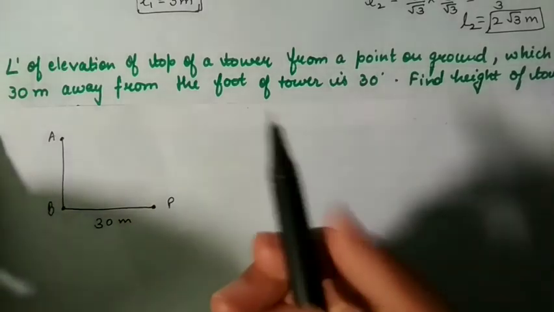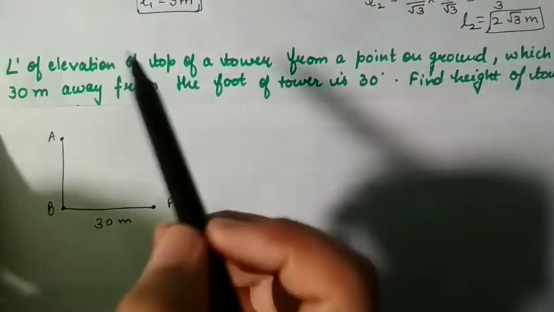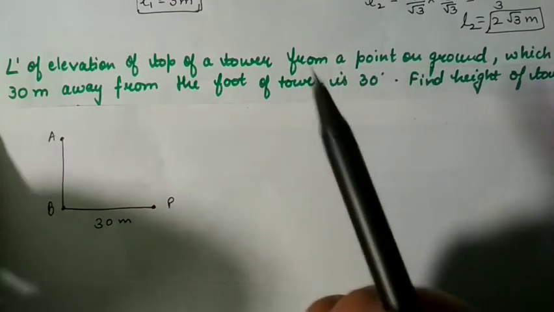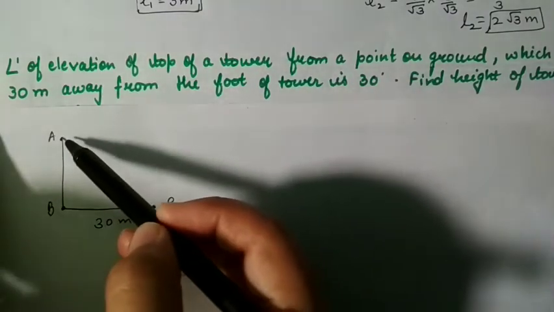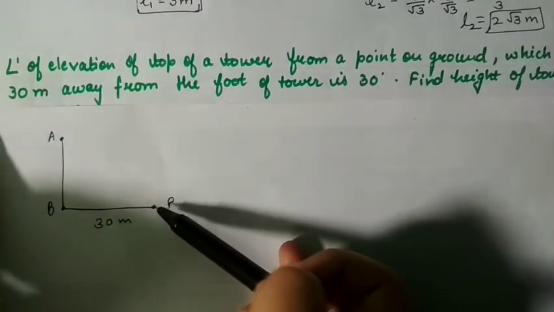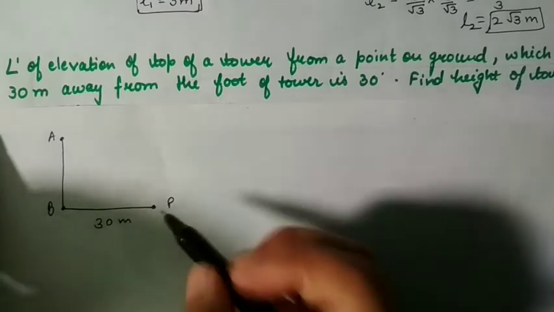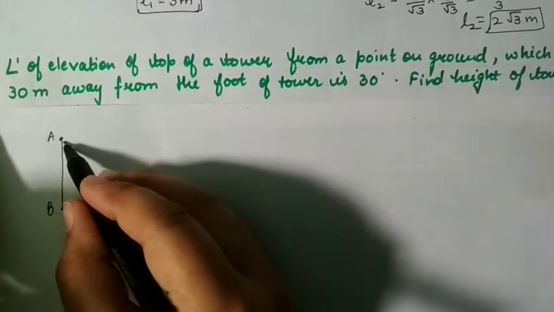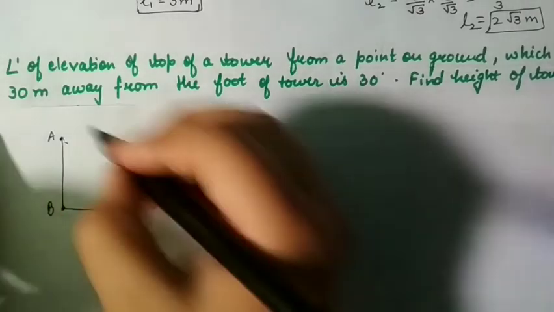Now it is also written that the angle of elevation of the top of a tower from point on the ground, top of tower A, from point on the ground, it means P is now the point of observation. Okay, so the angle of elevation is angle between the line of sight and the horizontal level. Now if this is the point of observation, then the line of sight will be from the point of observation to the point that is being observed.